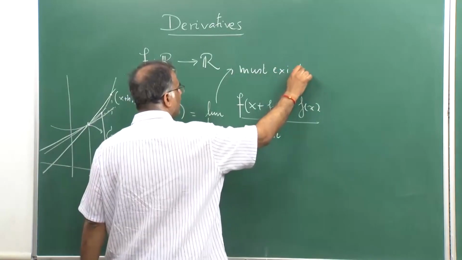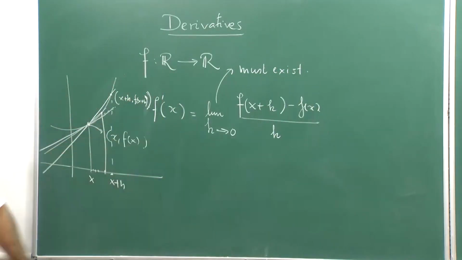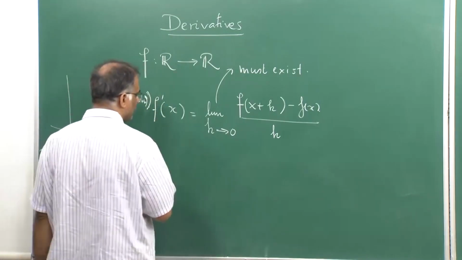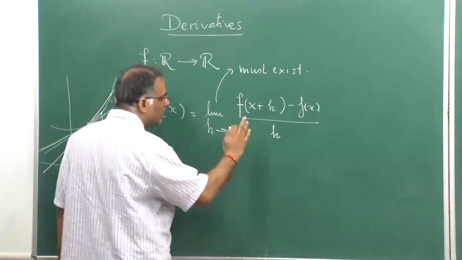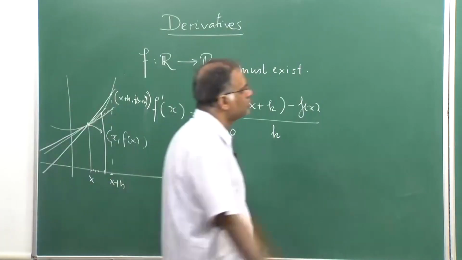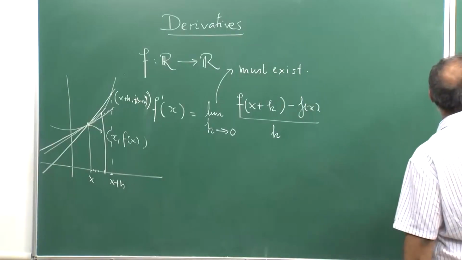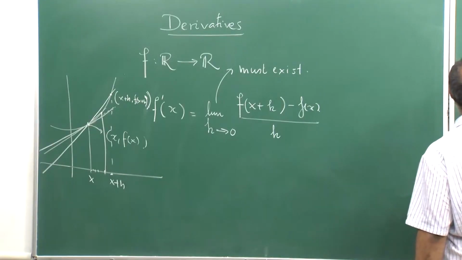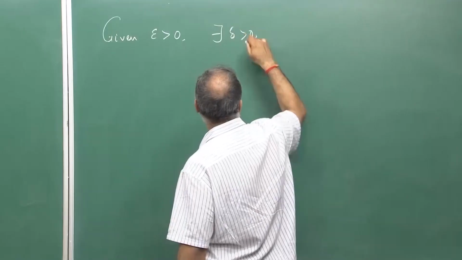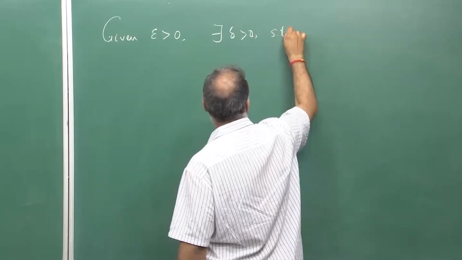So, if I assume the function is differentiable, this limit exists. Now, because we have studied the notion of the limit in terms of this epsilon and delta stuff, what we can do is the following. We will write down the epsilon delta language. What is the meaning of this? It means the following: given epsilon greater than 0, no matter how small,